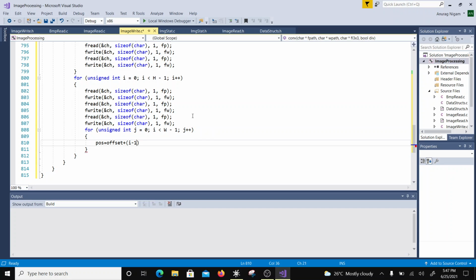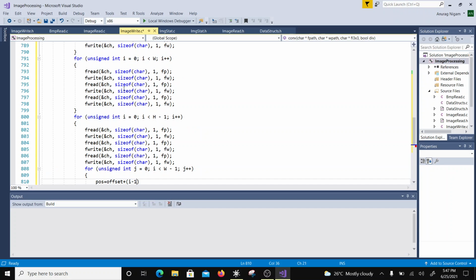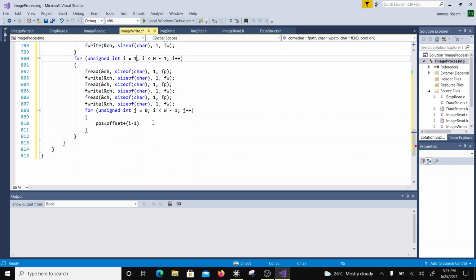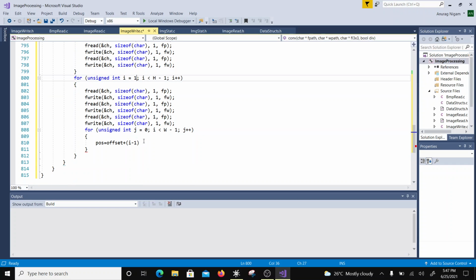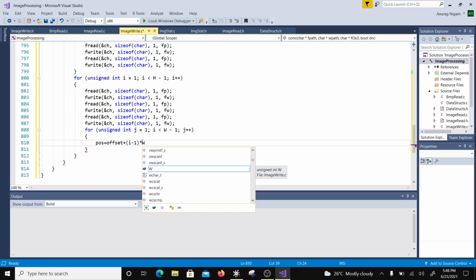Okay, so one more thing I want to say is, see, I have written the first one already here, right? So I will start from 1, right? So I have written the first row anyways, and here also I have written the first pixel anyways, right? So I will start from here, right? And this one I'm going to place right at the start. So this is the corner of that matrix, right? W into 3,